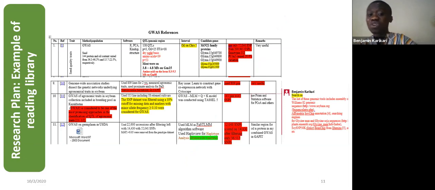So this, I was reading papers on genome-wide association study. So for each paper that I read, you can see the reference, the one highlighted in blue, or the one with the blue font. That one tells you the reference. So the reference will be listed at the bottom. And then the method or the population. So here,